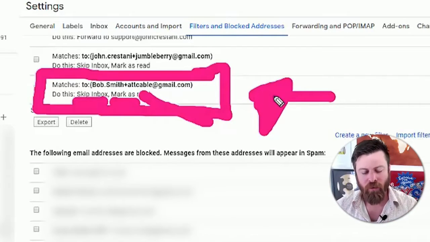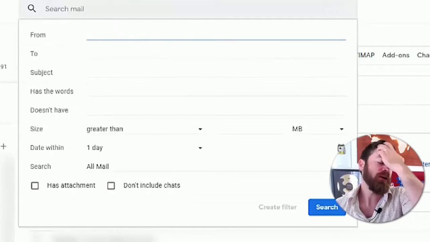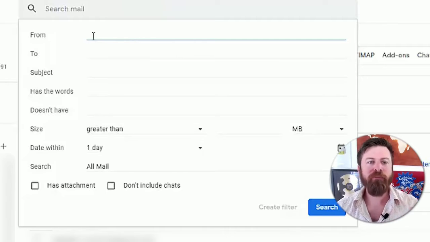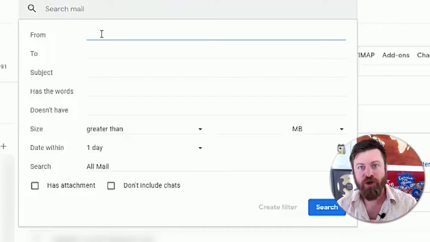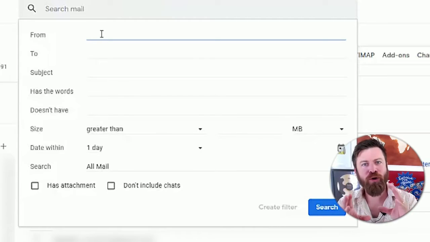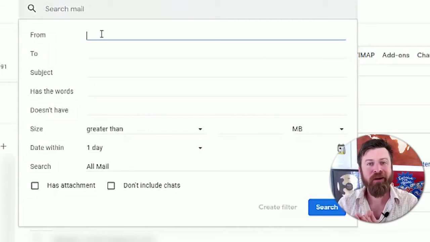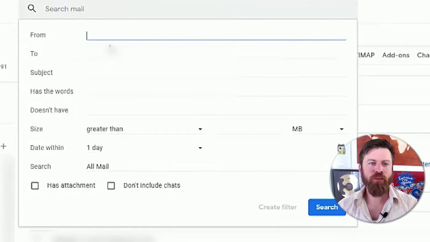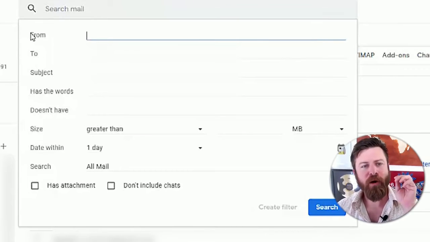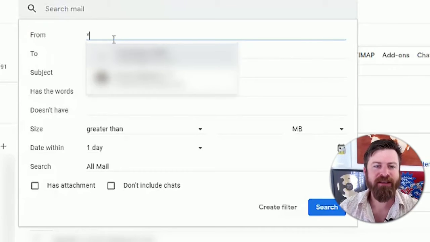Now you might be wondering, what if you didn't start signing up for email lists with this methodology in place? Well, great, there's another solution for that. We can go in here and look for emails from people, and we're going to use something called regex. Regex is a type of coding language meant for text, but don't worry, you're only going to have to use one symbol, but you're actually going to get into coding by watching this video. To set this sort of filter up, we go to emails from a particular person, and we type in the star, or asterisk,